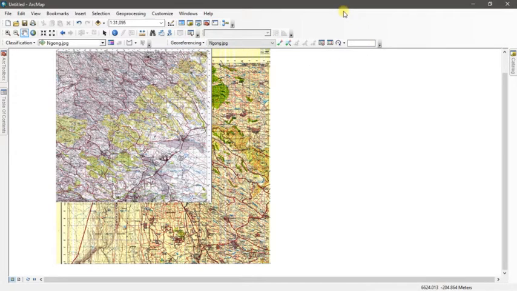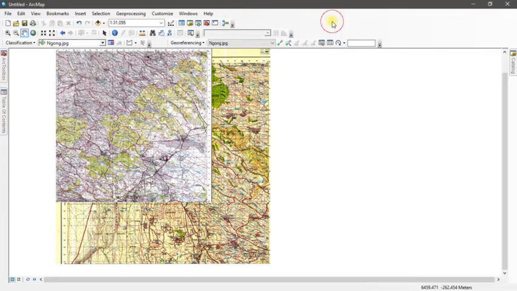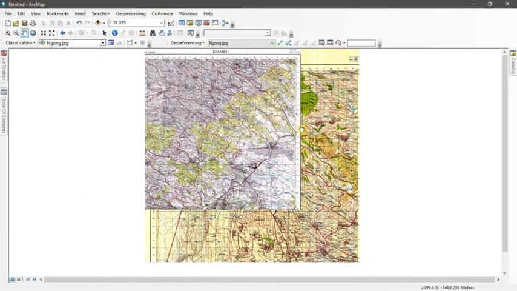Now if you don't see it in your software, what you have to do, just come at this empty space, then right click and wait, then it gives you all the tools that are there. Now you want to look at georeferencing. If you don't see it there, then it is unticked. So what you want to do, you want to activate it by ensuring that you have the tick on it. Then you'll have the tool for georeferencing.